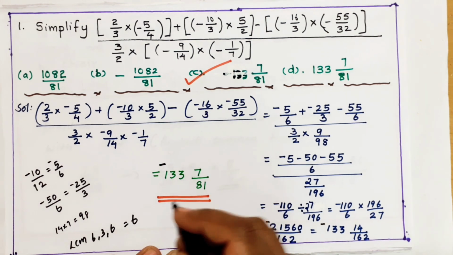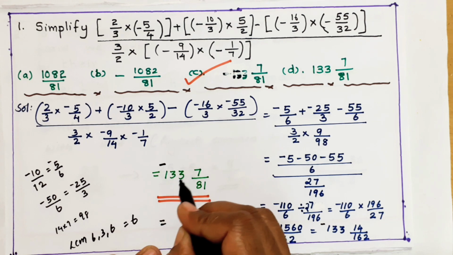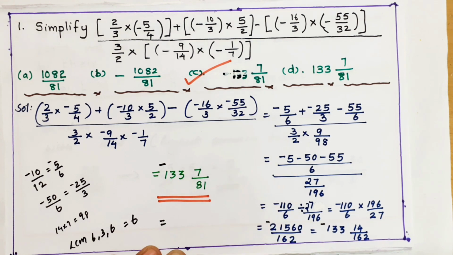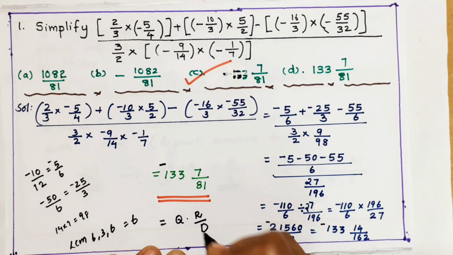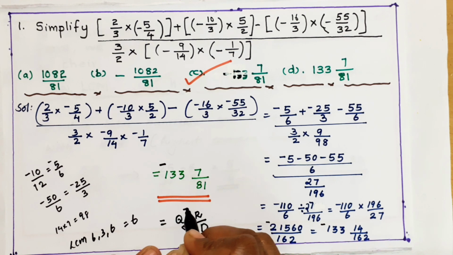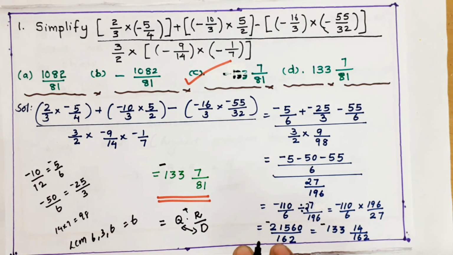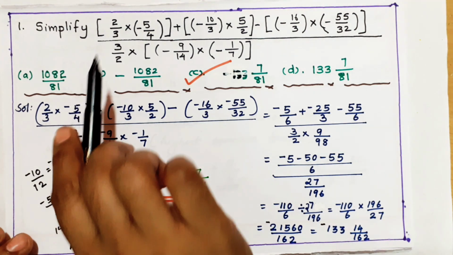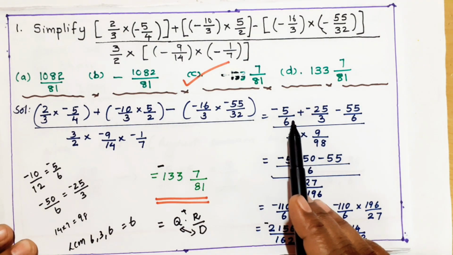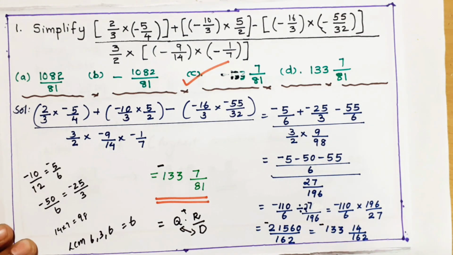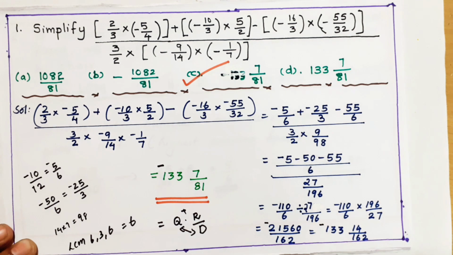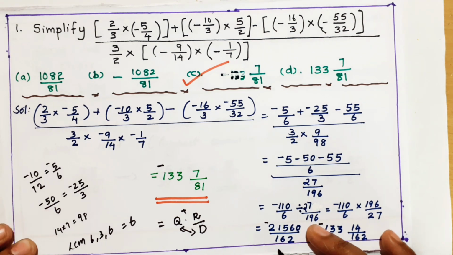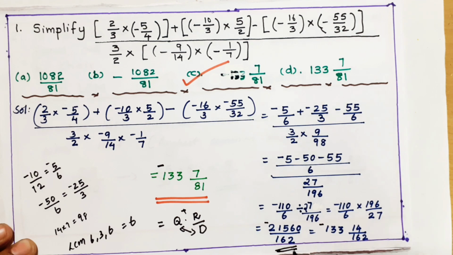So you know that this is our quotient, this is the remainder, this is the divisor. So quotient, remainder and the divisor. If you multiply the quotient and divisor and add the remainder, we should get this answer, right? So what all things we did? The terms inside the bracket I multiplied first. After that, we need to add, so we should take the LCM. After taking LCM, how to divide? Taking the reciprocal and multiplying. That's all simple.